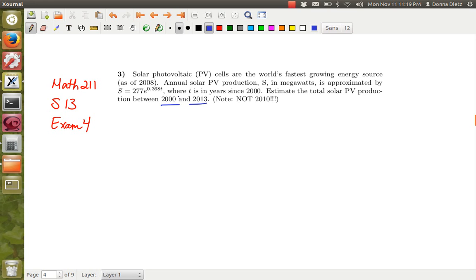So if you don't immediately see that this is an integral question, you can just read through and sort of think about what's going on. What we've got is annual production in megawatts, okay? And then you want to know where t is in years since 2000. Estimate the total production between t equals 2000, which is t equals 0, and t equals 13. And if you are confused about what that means, because a year is a full year,